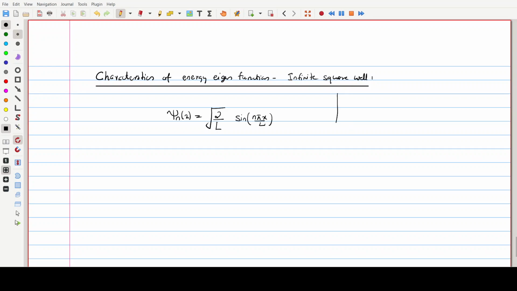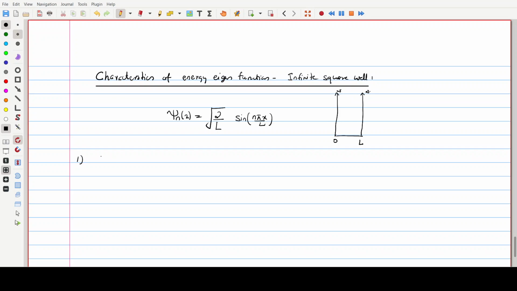So the situation is a particle is confined within a width L. There is a very big wall at x equal to 0 and at x equal to L. So these are the possible wave functions. What are the characteristics of these wave functions? The first characteristic is